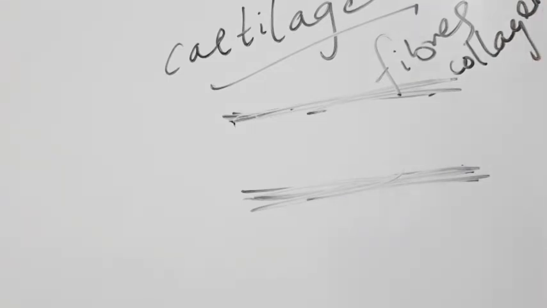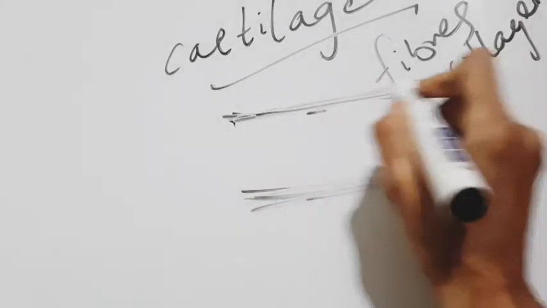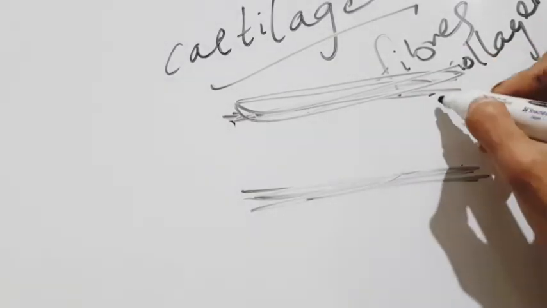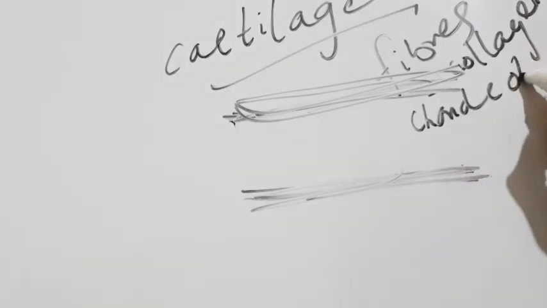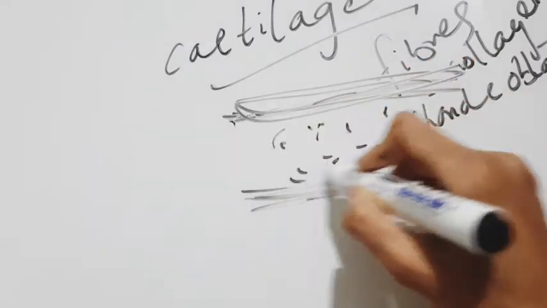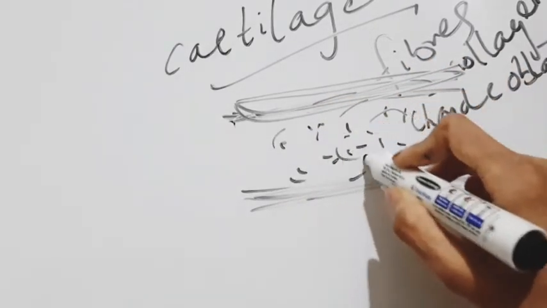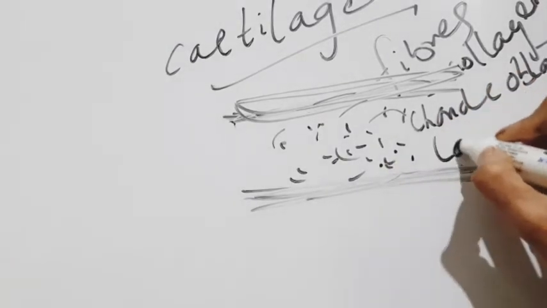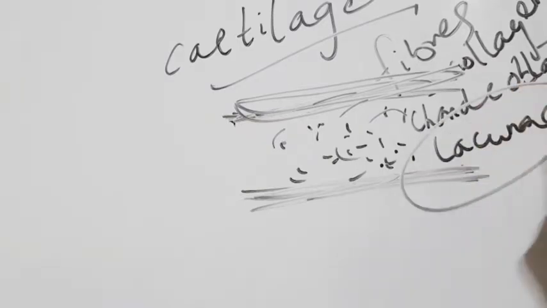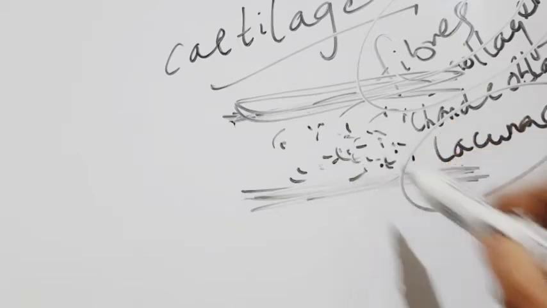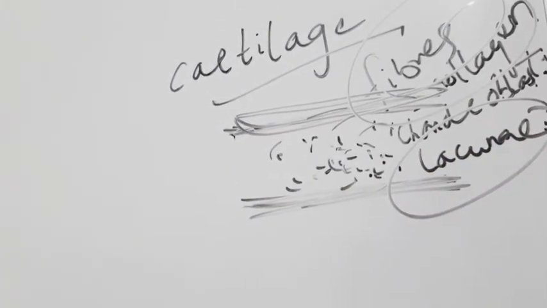So this matrix of the cartilage is produced by chondroblasts. So this is formed by one important thing that is called chondroblast. That is outside will be there. Inside again there will be cells. These small bag type of structures, that is called lacunae. So we have outside collagen fibers and inside lacunae, some bag structures.